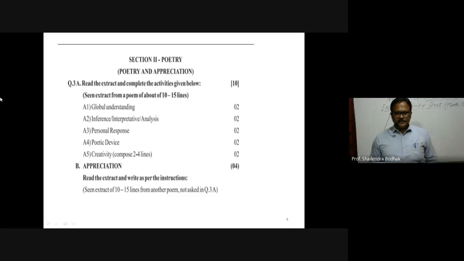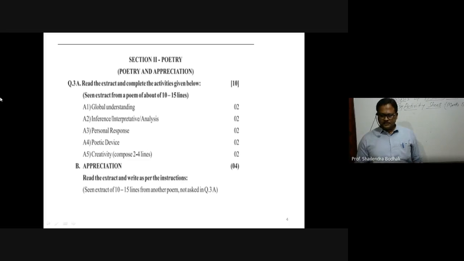Change of idea. They may give activity based on change of idea, or lines that can be composed from given words, or they will give you words. You have to compose lines with the help of those words, or rewrite the stanza by changing the underlined words, or they may underline last words and then they will ask you to change them, or they may ask you to compose another line to rhyme with the given line, or add 2 to 3 lines by changing the idea,